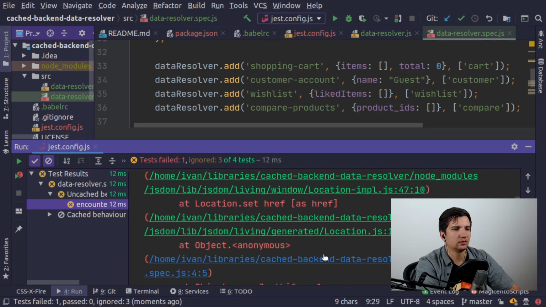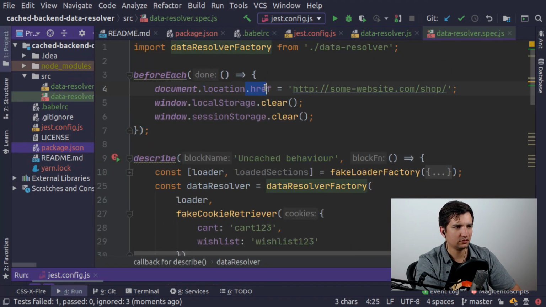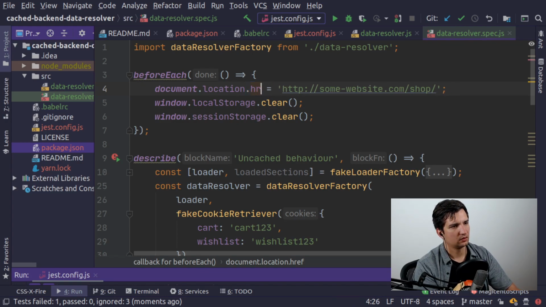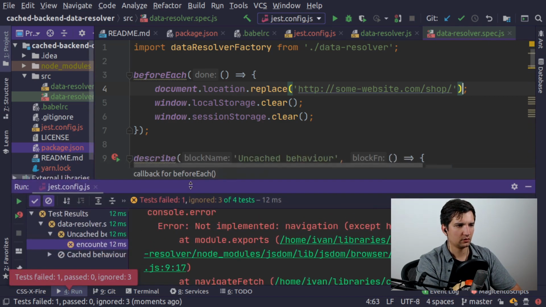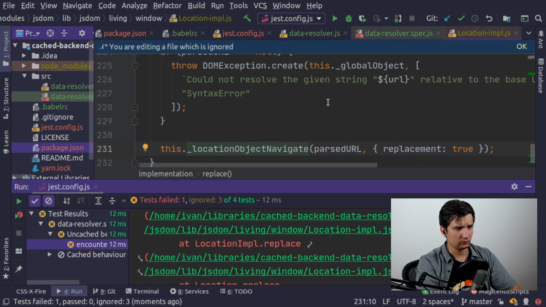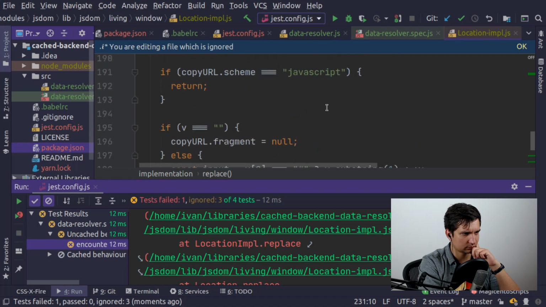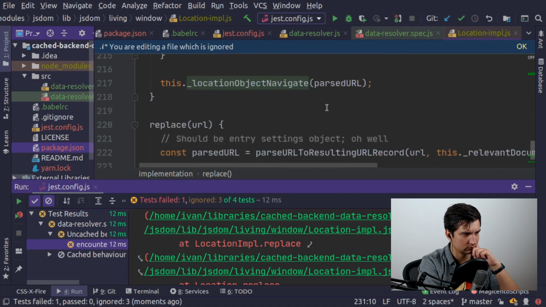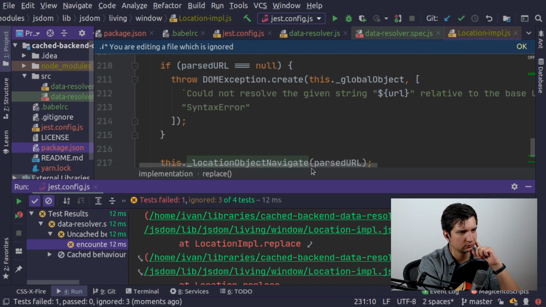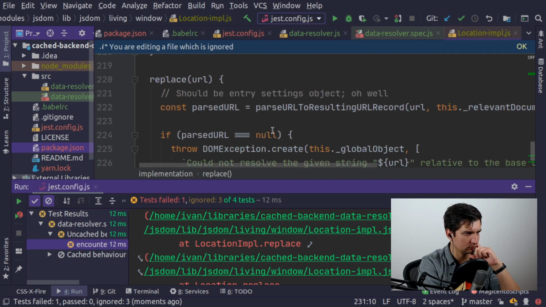Okay, navigation is not implemented. Okay, so I need to change a little bit the way how I do it here. I think I just want to replace the current location. I don't want to set and go to a specific place, yeah. How can I then specify a URL? Oh yeah,